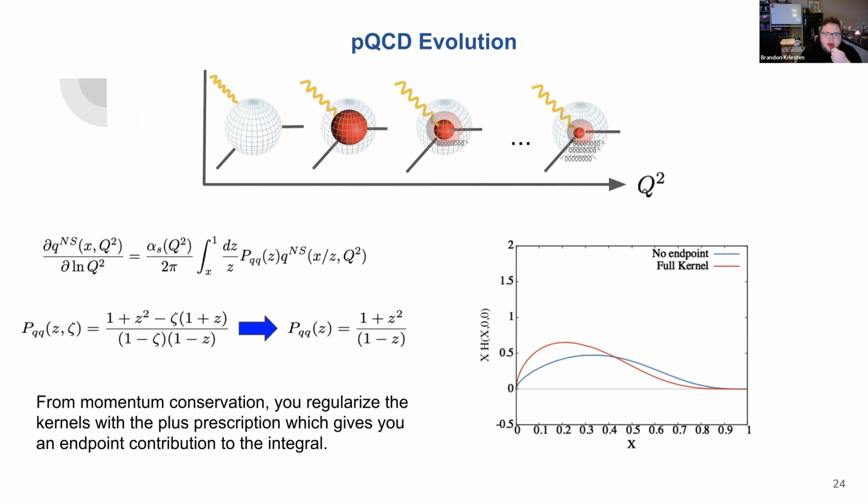So we developed this kind of evolution code that allows us to evolve our GPDs, and you can see that we can do this pretty simply, and it directly enters into this. So we can evolve our GPDs up to the scale of the data and make actual predictions on observables.